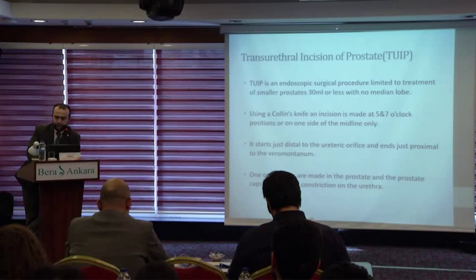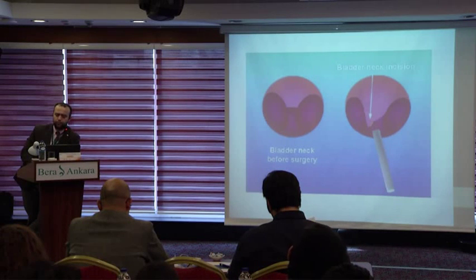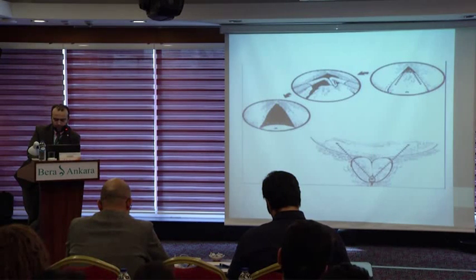And we are using a Collins knife, an incision made to 5 to 7 o'clock positions of the prostate. It starts just distal to the ureteric orifice and ends just proximal to the verumontanum. This is the diagram of the incision of prostatic areas. This is one of the other diagrams. We are starting with 5 to 7 o'clock incisions of the prostate for smaller prostates in order to access